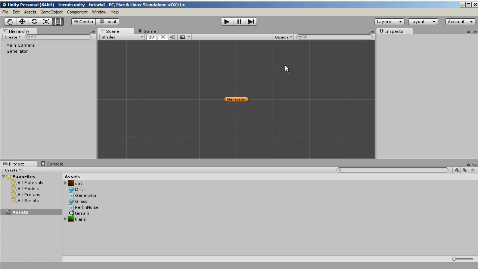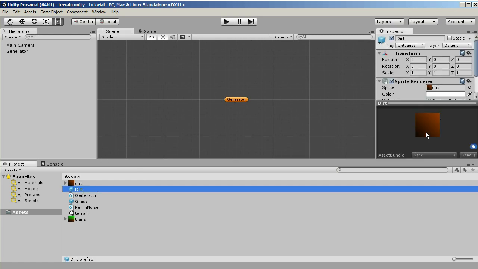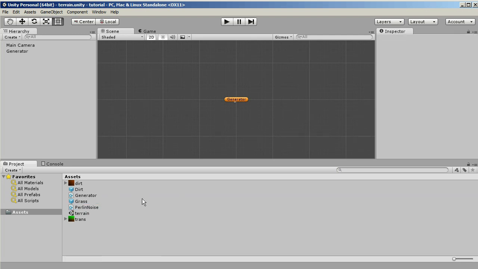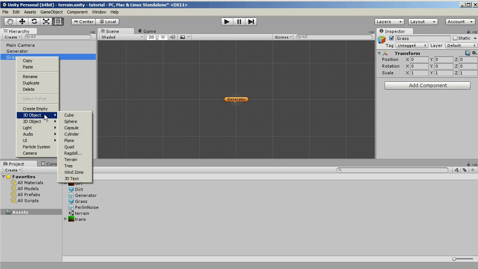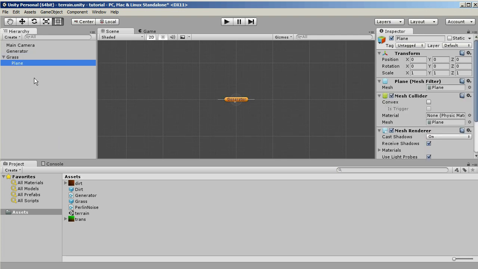Okay, so first thing we're going to do is convert this over from 2D to 3D. So we're going to need to change our prefabs from being these sprites to actually being some cube things. So what I'm going to do is create an empty game object, and let's name it grass, I suppose. Within that, I'm going to create a plane, and then actually 6 planes, so I'm going to hit Control D on there a few times to get 6 of them. I'm going to name them top, and the next one's going to be bottom. So this is just going to represent the 6